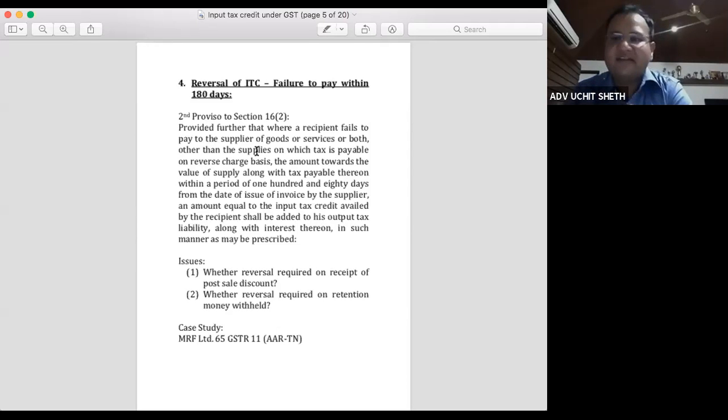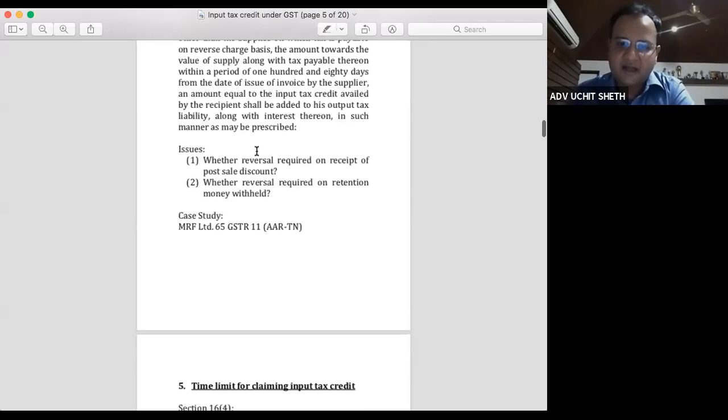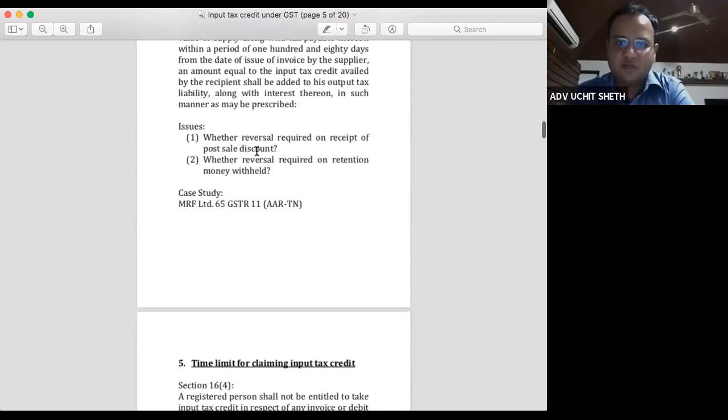Even here we can say that ultimately if contractually I was not liable to pay within 180 days, then how can I be expected to make that payment? But still, according to me, here the authority can trouble you, and therefore to save any litigation and difficulty, we can adopt the course of reversing input tax credit at the first instance on the expiry of 180 days. Then whenever we make the payment, we can reclaim the credit. Otherwise, this is likely to lead to some litigation.